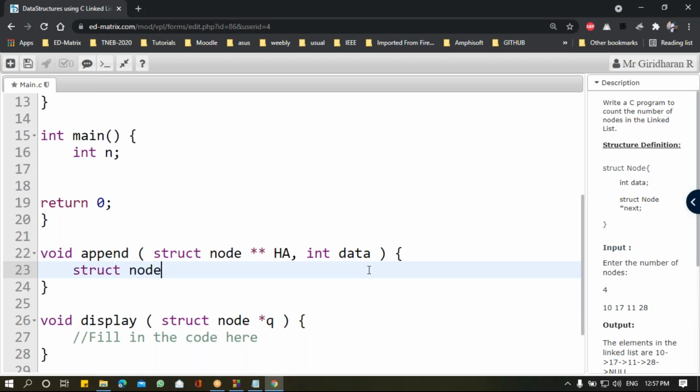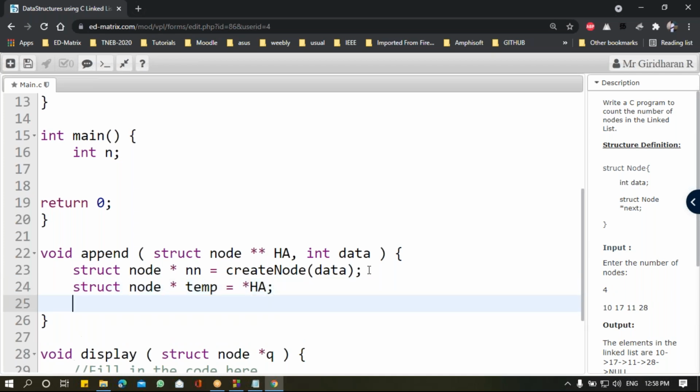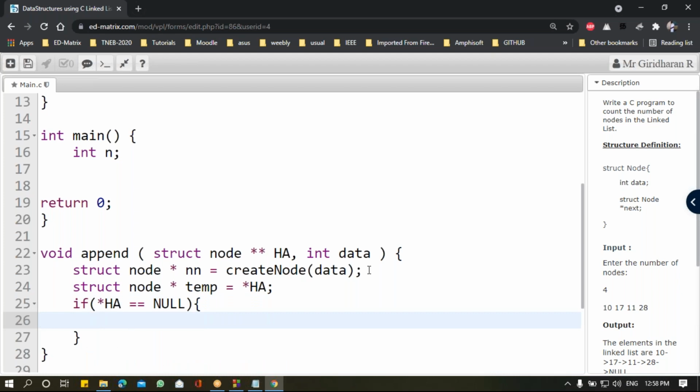So structure node star new node is equal to create node of data. After this, I'm going to create one more node, a temporary variable which is going to hold the starting address, that is star of head address. After that, I'm going to check whether the list is already there or not. So if star of head address is equal to null, it's just the append function that we normally use. Star of head address equal to new node. Else